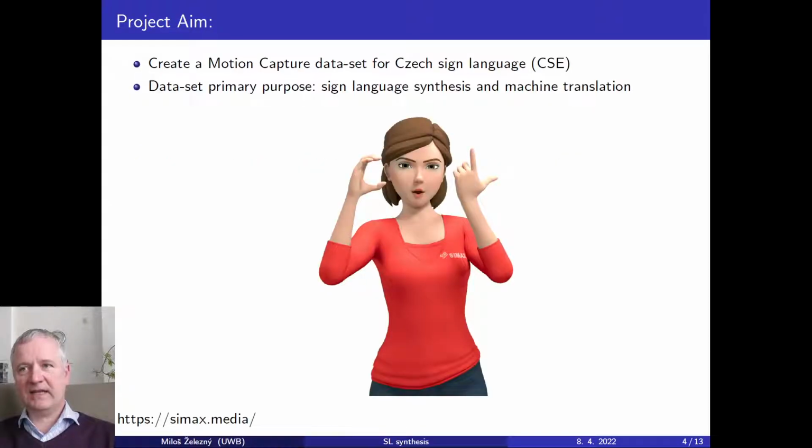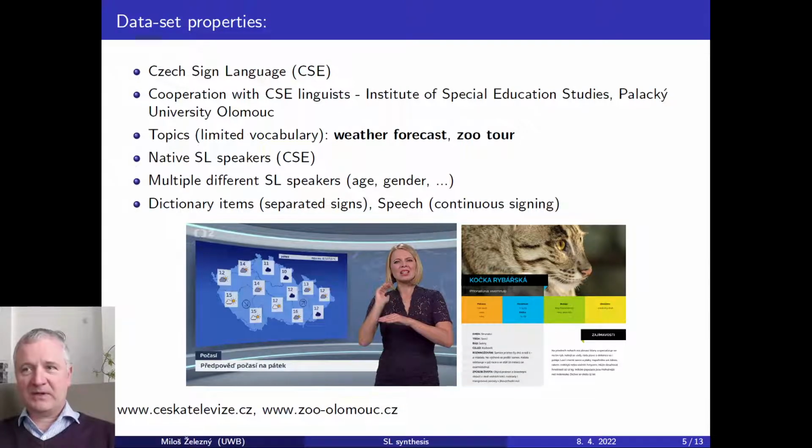The aim is to create a motion capture dataset for Czech sign language, and the primary purpose will be for sign language synthesis and for machine translation. Here you can see one animation example that is taken from our colleagues, since in this project we do not concentrate on the avatar itself. The property of the dataset is, as I said already, Czech sign